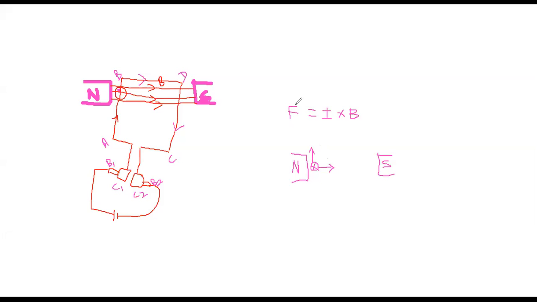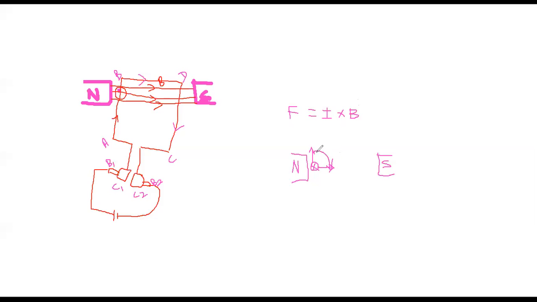So if you want to know the direction of force experienced by the conductor, what the formula says, we want to multiply the current with the flux density. We should not multiply the flux density with the current. We have to make a product of current with flux density. So this is the direction of current, and this one is the direction of flux density. So we want to multiply the current direction to the flux density.